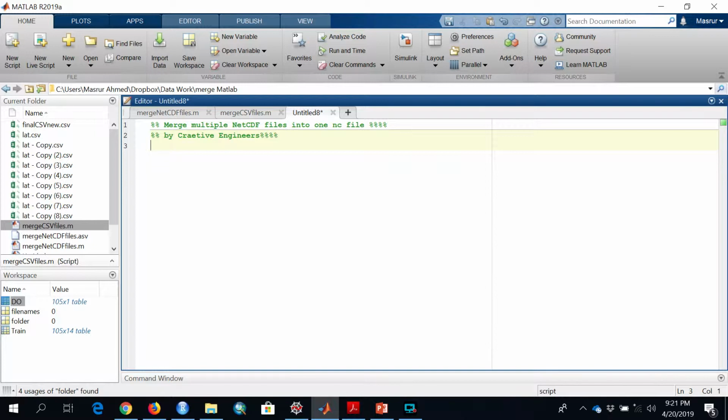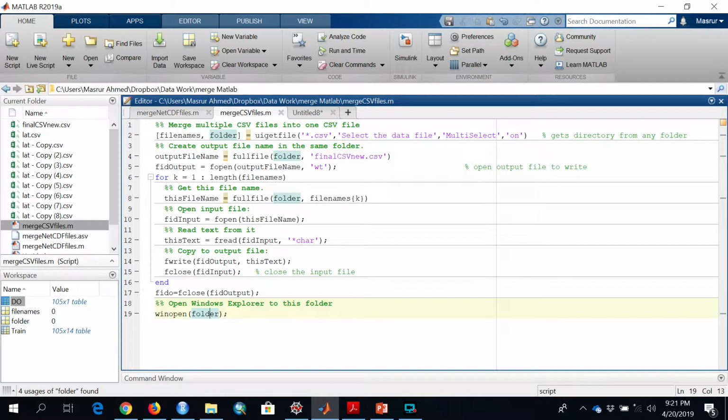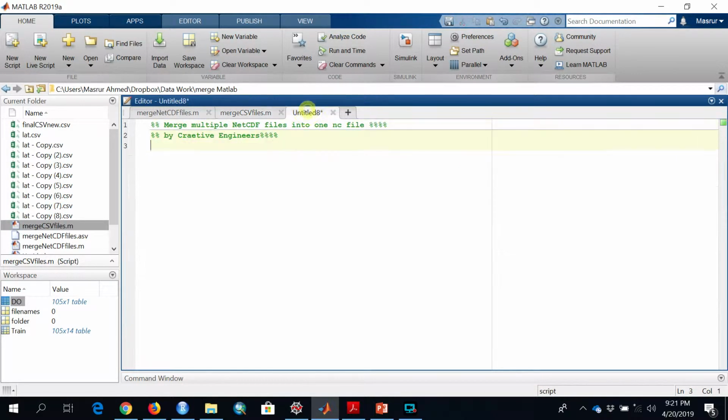So today I already prepared a code for you, and you can find it in the comment section. At first, what we need to do is write the file name and select the folder. This is a user interface formula, like uigetfile, where we are going to select the CSV type files, and